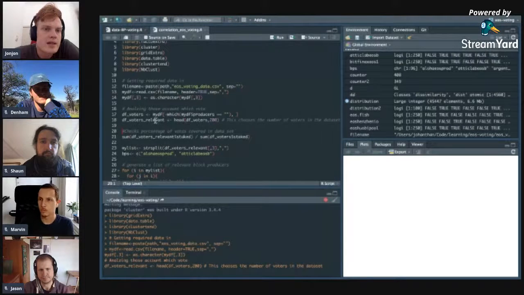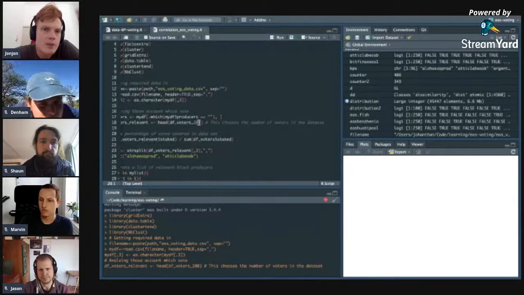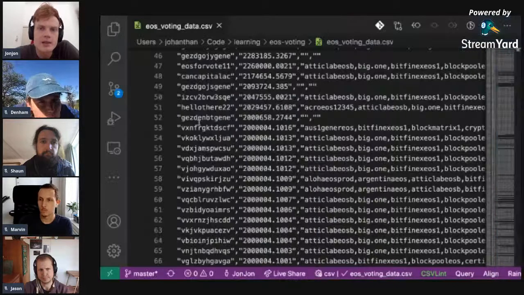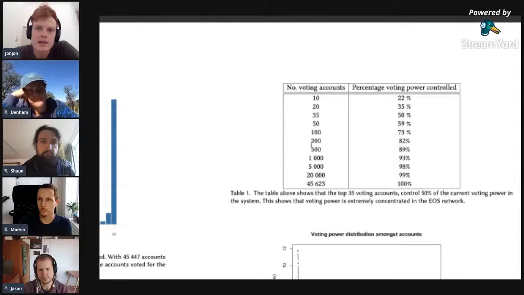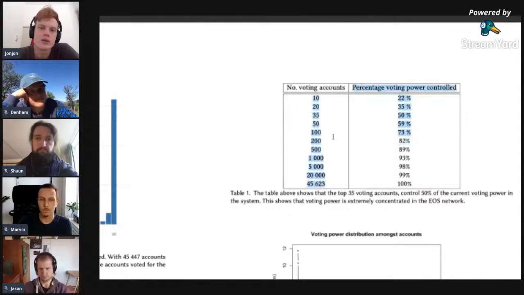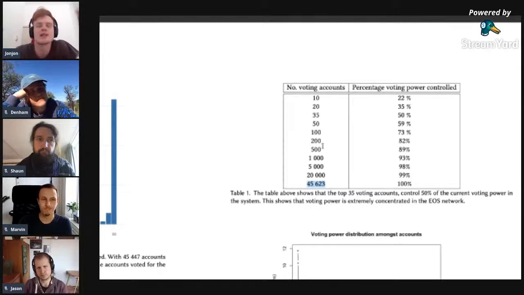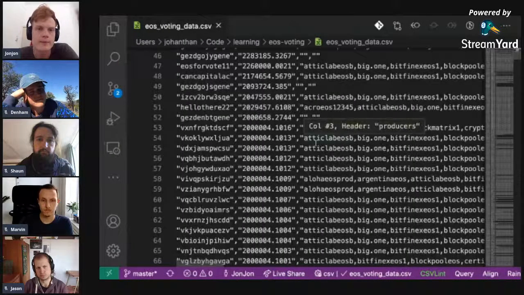And what I'm doing over here, df vote is relevant. I'm only taking the top 200 voters for the data set. Based on this paper I wrote, the top 200 voters control 83% of the voting power. So I'm only going to analyze the top 200 voters. I'm not going to analyze all 45,000 voters. That's going to drown out my data, and it's basically not worth it. The top 200 people are the people that are really interesting. Even 200 to 500, you're adding an extra 300 voters and you're only getting 7% more voting power. So I chose 200 as the threshold.